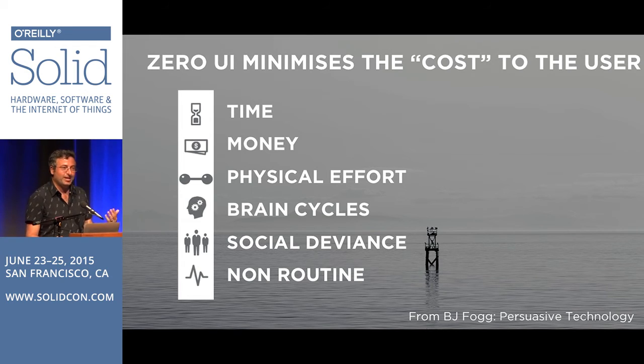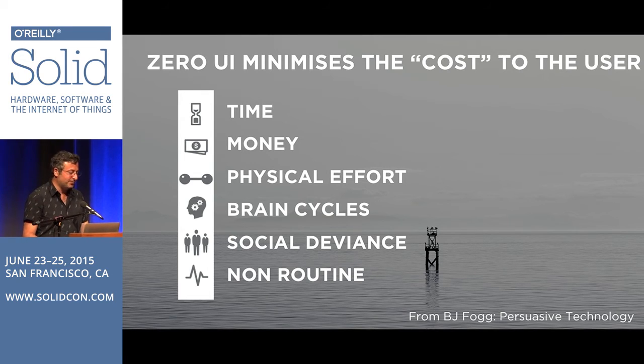So obviously, if we think about time and money, that's a really clear one that we see time and time again, that if you don't have much time but you've got money, you're willing to pay that bit more to get it quicker. That's a fundamental of the free market, it seems. But all these other ones, you can play them off against each other. The amount of physical effort that something takes, maybe you put more effort in, it's cheap, it won't cost you as much, and so on.